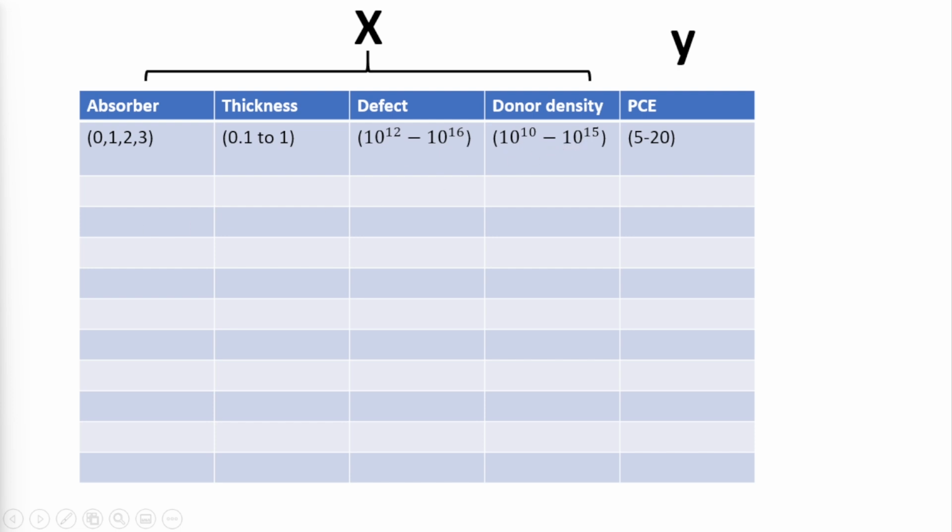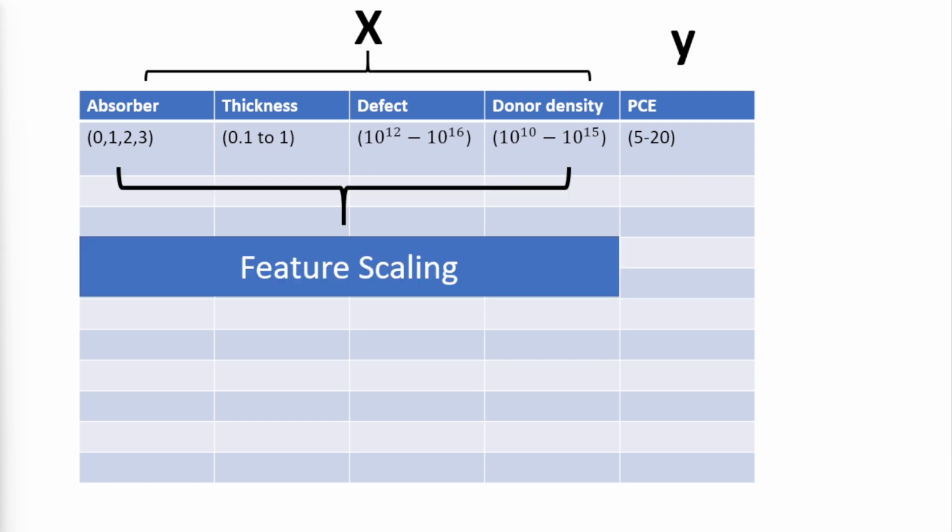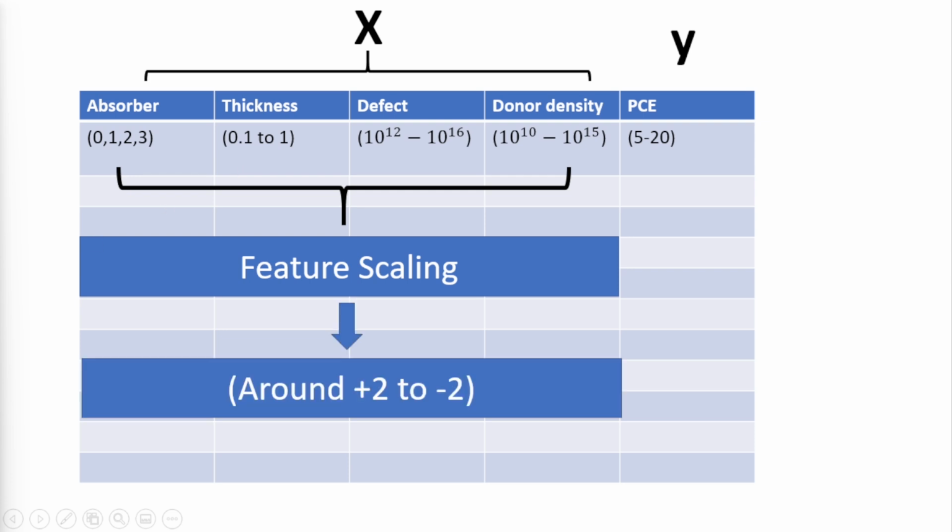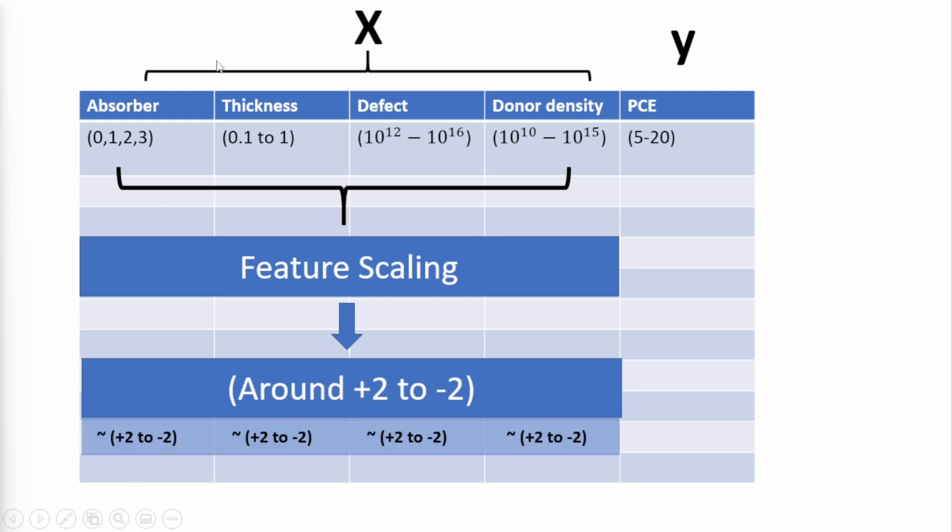But in order to apply a neural network in our code, we have to do feature scaling, which will take all the different scales for these four independent variable vectors into one scale. And in my case, the values varied from +2 to -2. So all these features will have